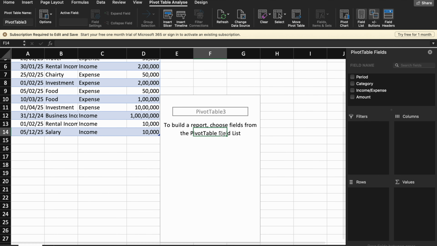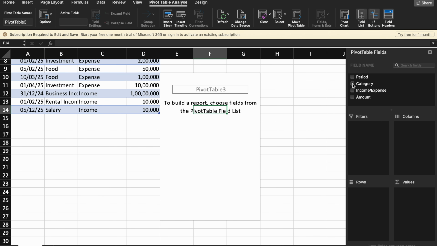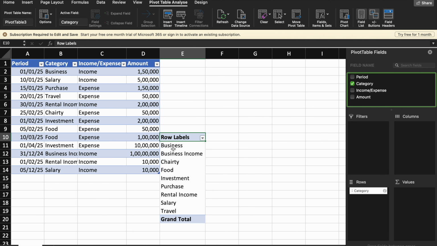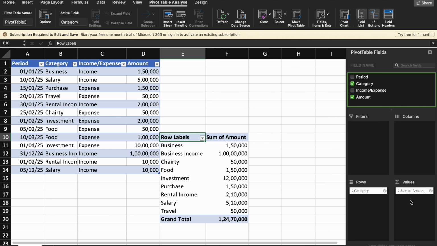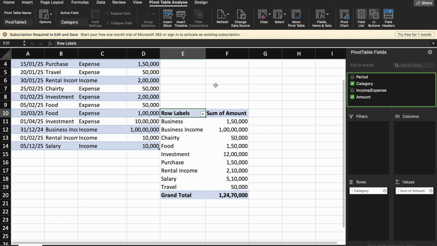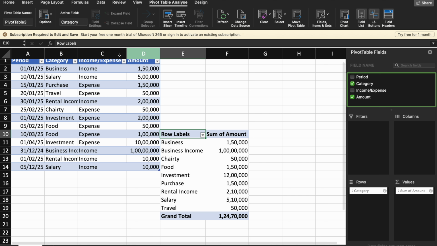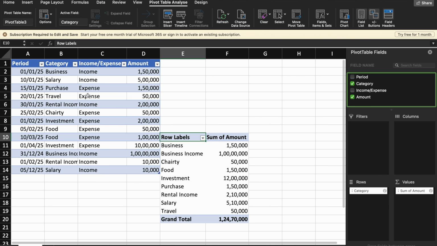So this is our pivot table, and select category to rows. You can see that this is the common category we have entered here, and drag this amount to the values column. Okay, now the sum of the whole category will be entered here,